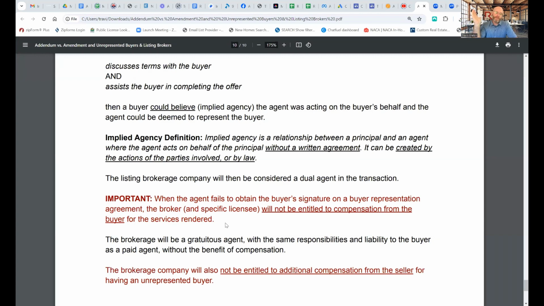So this all sounds like maybe it won't happen, but we have to be careful, because these are the kind of things where lawsuits may come about more frequently, because the law can look at, well, were you acting as an agent or not? Did you create agency, implied agency, even with your actions with this buyer? And so